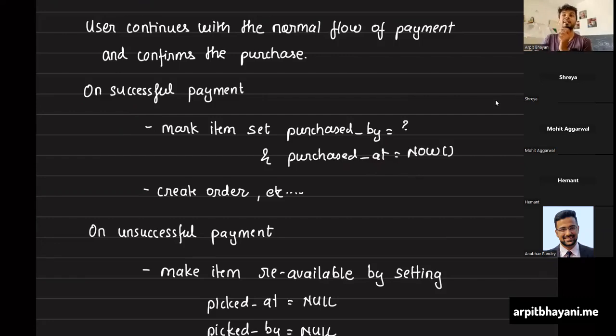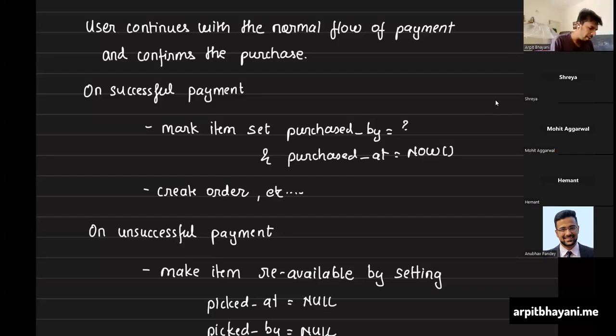That, hey, payment is successful. So now you can set purchase by something and purchase at something, right? So just to give you a gist on how payment APIs work, you initiate a payment using Razorpay or any payment gateway. When that bank transaction is complete, they make a webhook call. You have your payment ID linked, and you get this webhook call, and you know that this payment initiated for this order is now complete.